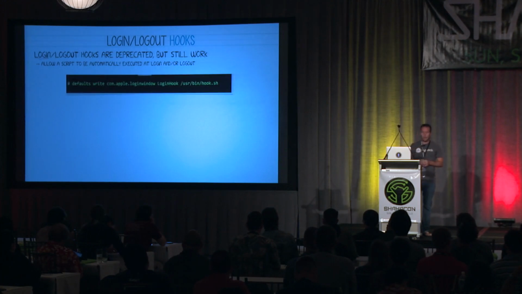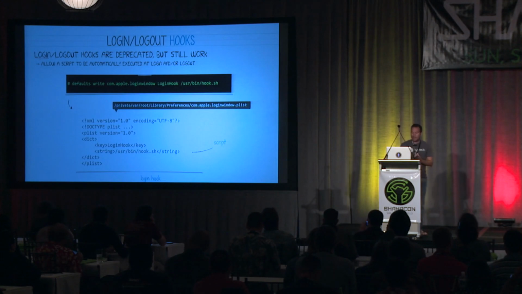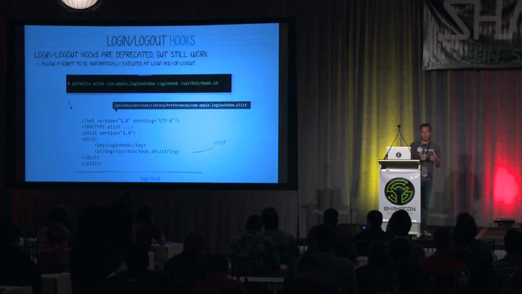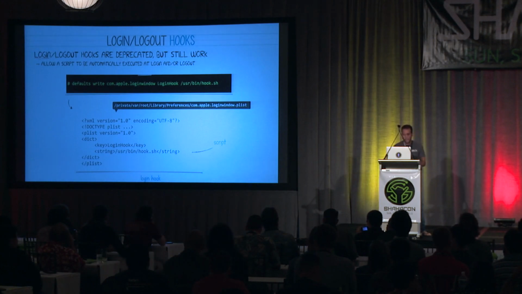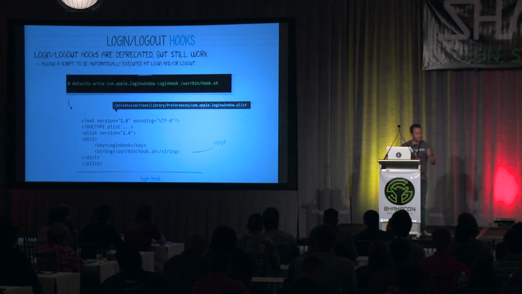So to create such a hook, you can use the defaults command. What you do is simply specify a write action, and then the com.apple.login plist file. And then finally, the script or the command to persist. If you then look at the plist file that you just wrote to, you can actually see the hook in memory. So you can just dump that file. It's either binary encoded or in plain text, and you can see the login or the logout hook. Again, once this is set, in this case it's a login hook, anytime the user logs in, the user bin hook.sh script will be automatically executed.